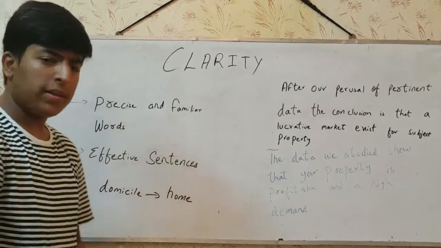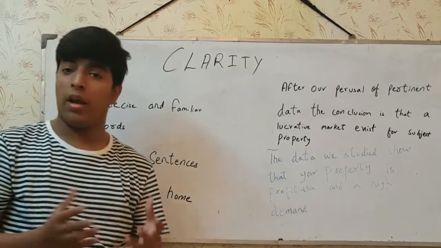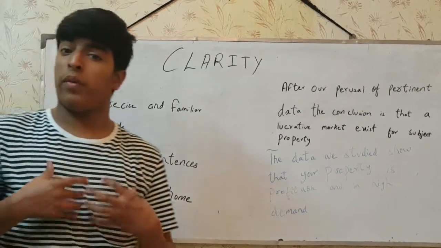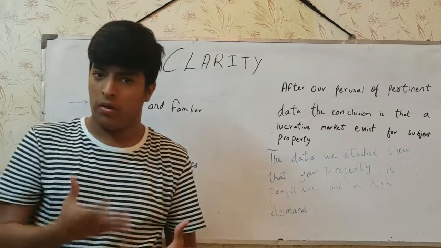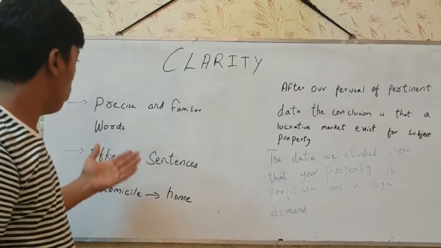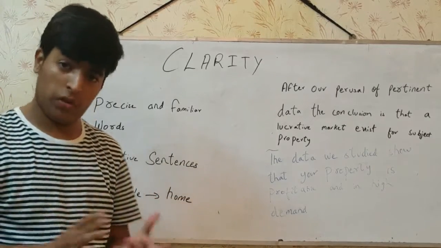The fifth C is clarity. What is clarity? Clarity is when you make yourself clear to the audience, or you make them understand you. So you can do this by using precise and familiar words. For example,